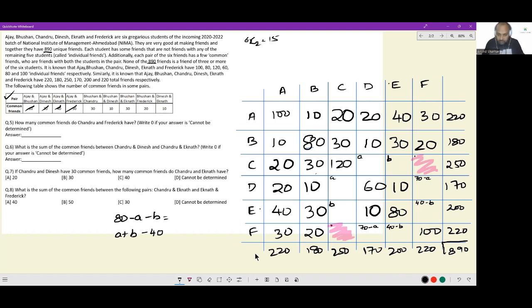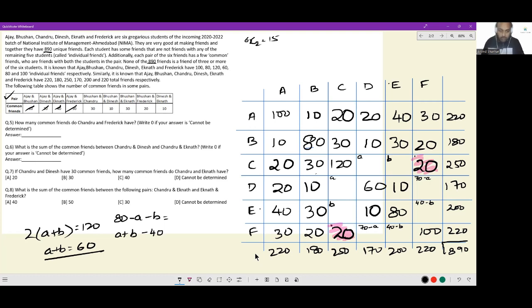These two expressions are filling up the same box, so they have to be identical, which is to say 2 times A plus B is equal to 120, or A plus B is equal to 60. If A plus B is equal to 60, hopefully you can fill up this spot with 20, and correspondingly this spot with 20, because 80 minus 60, these two spots are going to be 20.